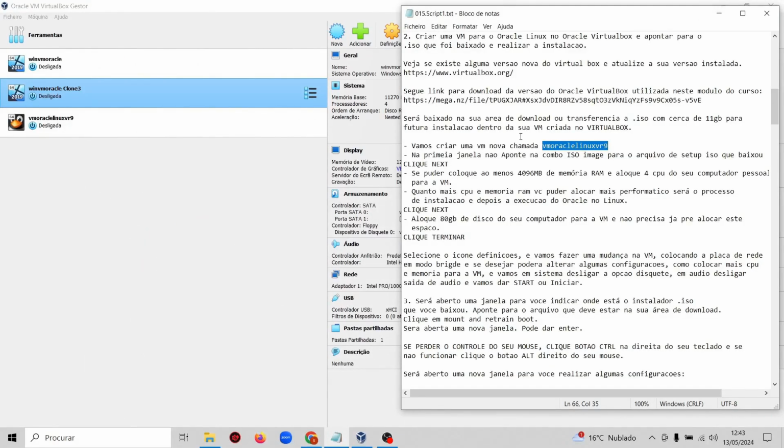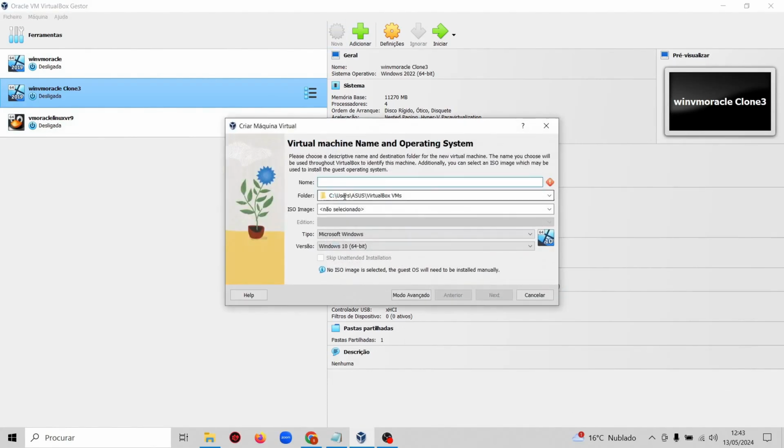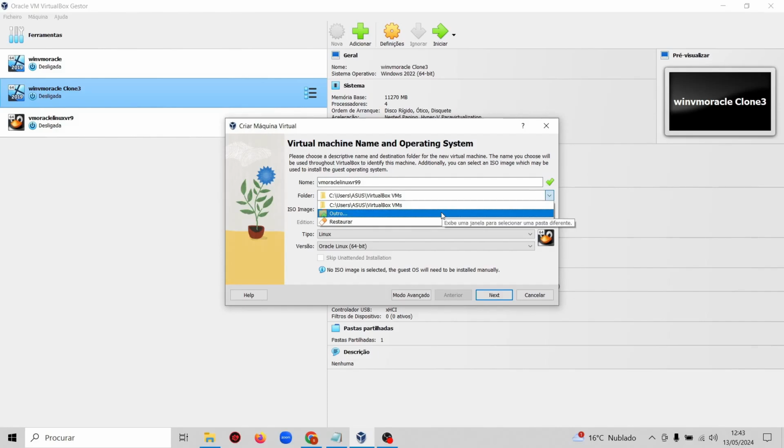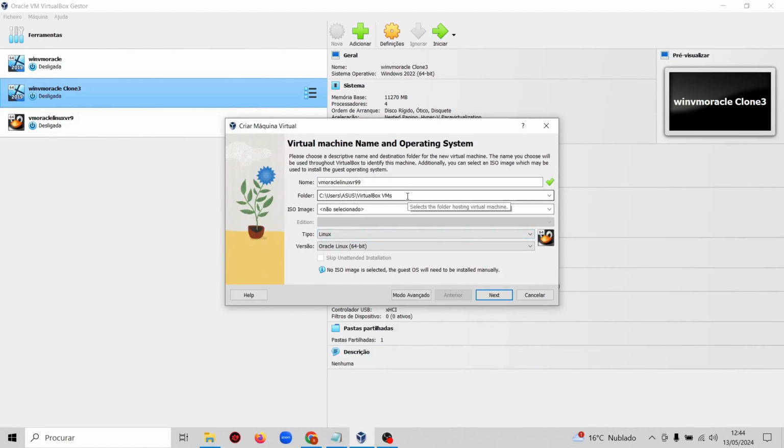I'm going to start creating my virtual machine. Okay, so here I'm going to click on the new button. Here in the virtual machine name, I'm going to enter this name. That actually I even need to change the name because I already have a machine created, another machine with the same name. So here I'll put 99. Okay, here in folder, you can leave the path that VirtualBox is suggesting, or you can click on other and select a different location where it will create your virtual machine. Okay,